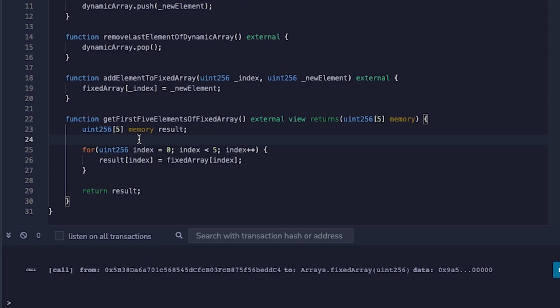The reason is that when you call a function, the function needs to know in advance the amount of memory that it needs to reserve for this particular function execution. If Solidity didn't have that, it would be impossible to know the memory to allocate. So for that reason, in-memory arrays need to declare their size in advance. Okay,